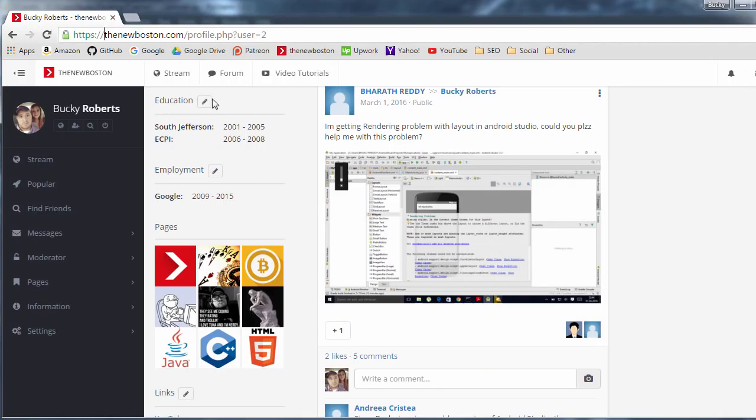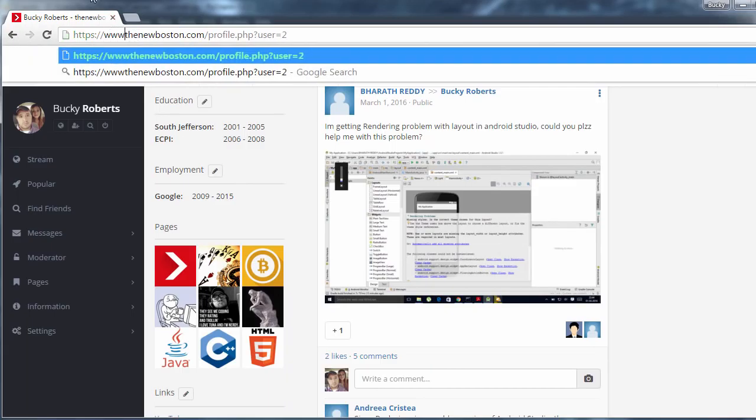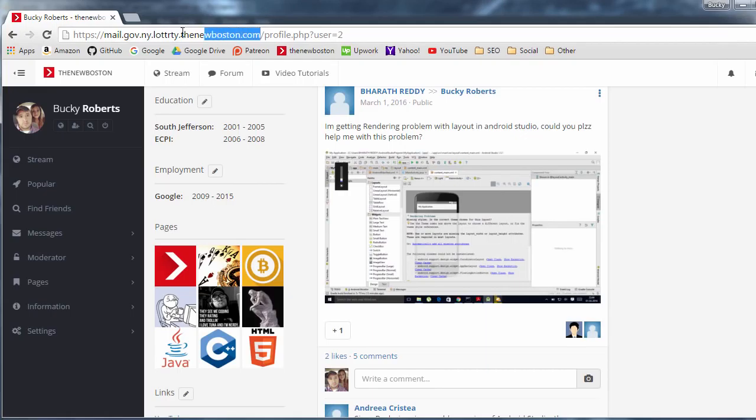Now, the thing about this is not all domain names are the same. It's not just some word and then .com or .edu. Some have www, some have mobile, some have something like mail.gov.ny or lottery.thenewboston.com, whatever. So these domain names are a little bit weird. The first thing we're going to do is get this entire network location, so it doesn't matter if it is broken up into 1, 5, or